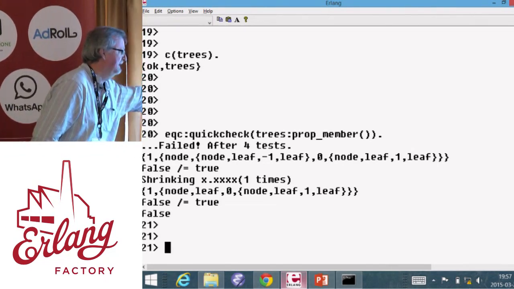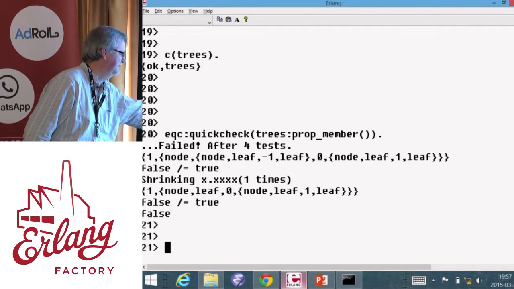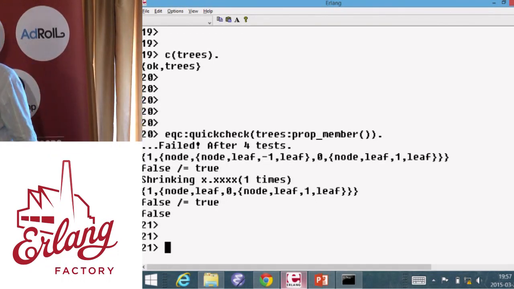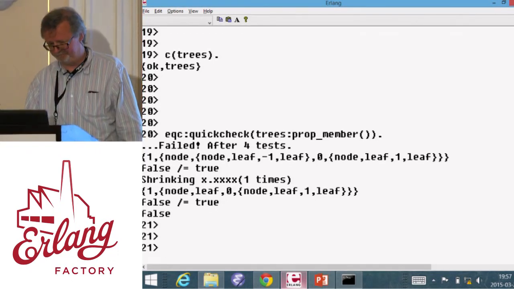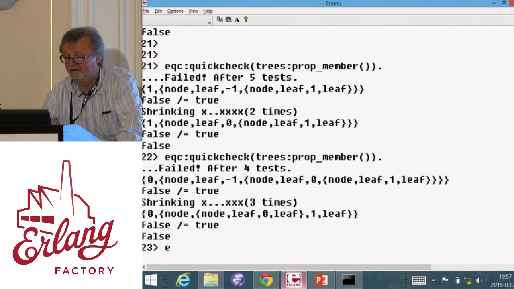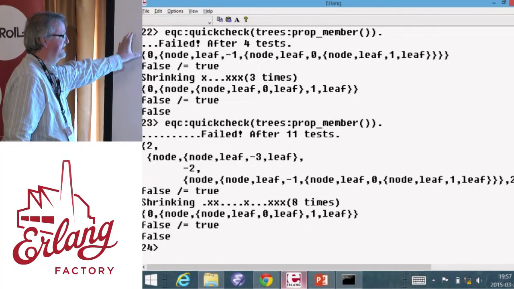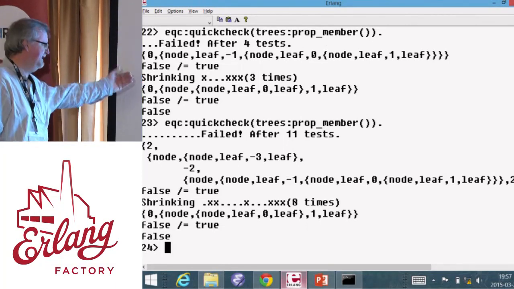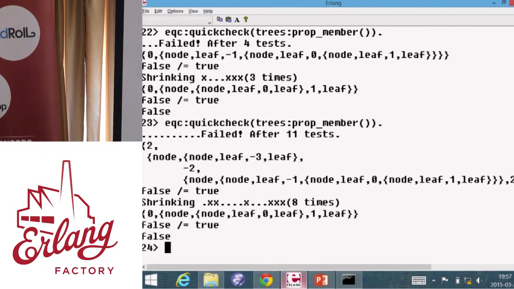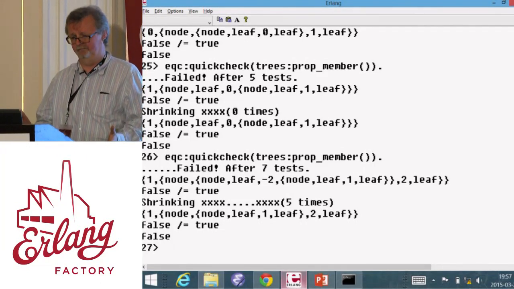And down here, we have a case we tested with a 1 was a member of this tree. And QuickCheck says false is not equal to true. That is, the tree's member function returned false. The list's one returned true. So those are different, and the test failed. And if I test this several times, you can see that the random test case that QuickCheck first finds can be quite complicated. But after shrinking it down, we have a very simple one. Actually, they're always the same size. They just have 2 nodes in the tree. So that's good. OK, so how do I fix the bug?